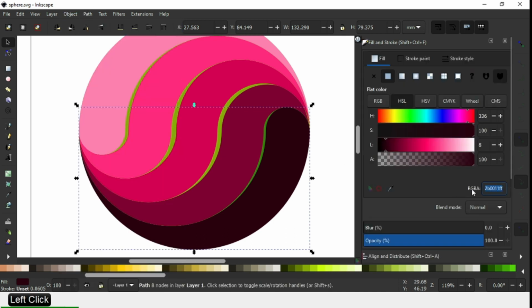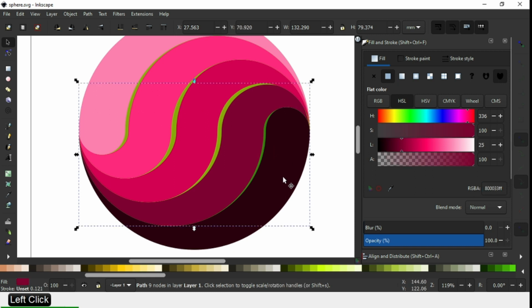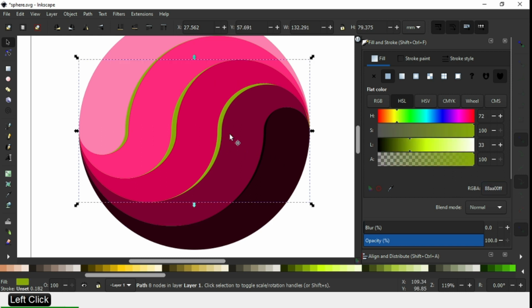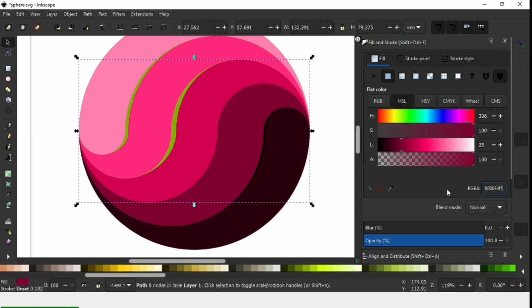Now enable the Fill and Stroke dialog. Select the green object very carefully. Change the color. Now copy the color code, select this green object, paste the code, make it a bit darker.